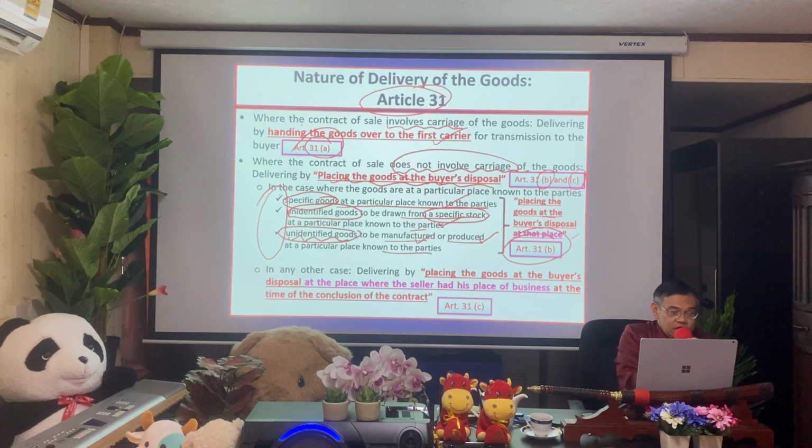Now, what about the case where the contract does not involve carriage, and it is not a case of the sale of specific goods, or of unidentified goods which are at a particular place known to the parties? Maybe the place is not known to the parties, even though they are specific